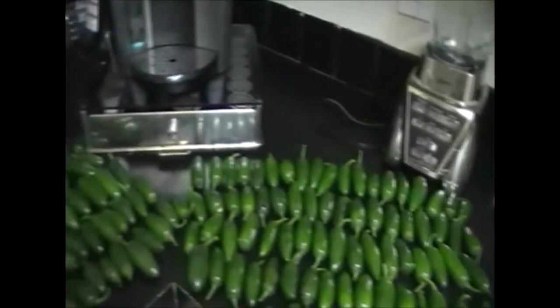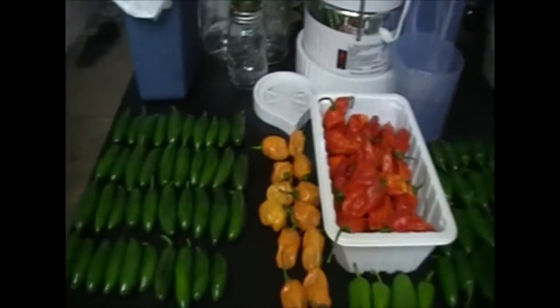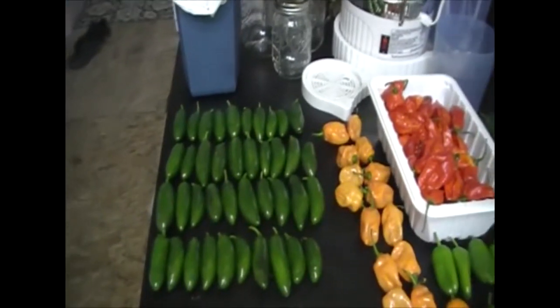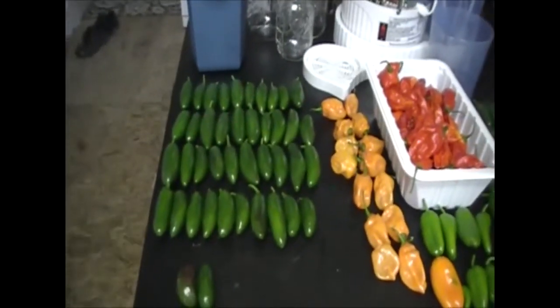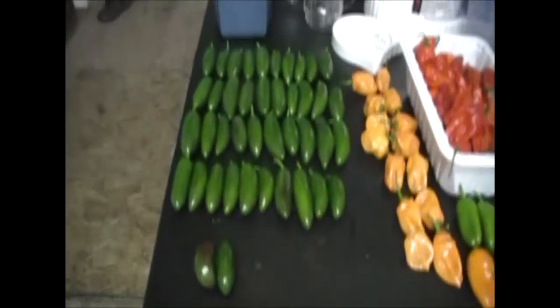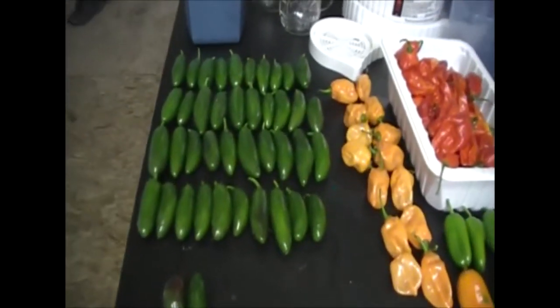And this is just the peppers. We still have to do cucumbers and tomatoes and some squashes and things like that for later today. But I wanted to just pick these since it was early and warm. But for those of you who care, the counts are, this first row here are serrano peppers, and there's 42